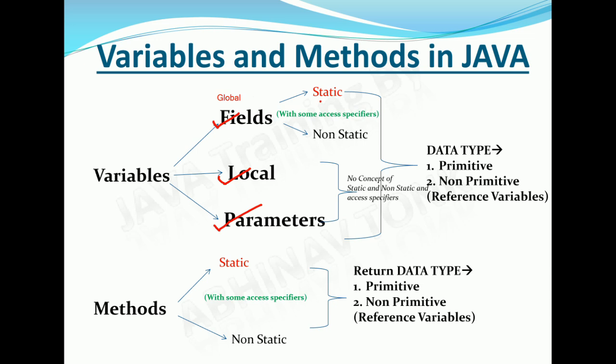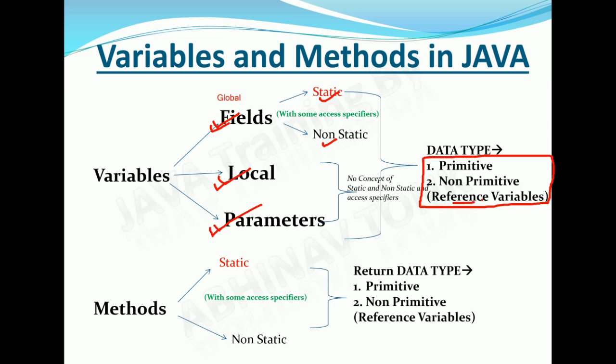So these fields are of two types, static and non-static, and these fields will have some access specifier like public, private, default, or protected. All these variables, whether it's fields, local variables, or parameters, will be of some data type, and data types I have already covered in my last lecture. It can be primitive data type or it can be non-primitive data type. So the variables of non-primitive data types are referred as